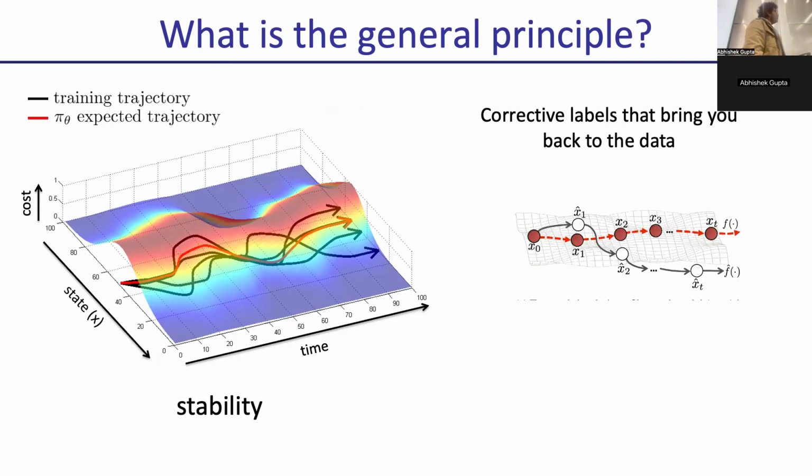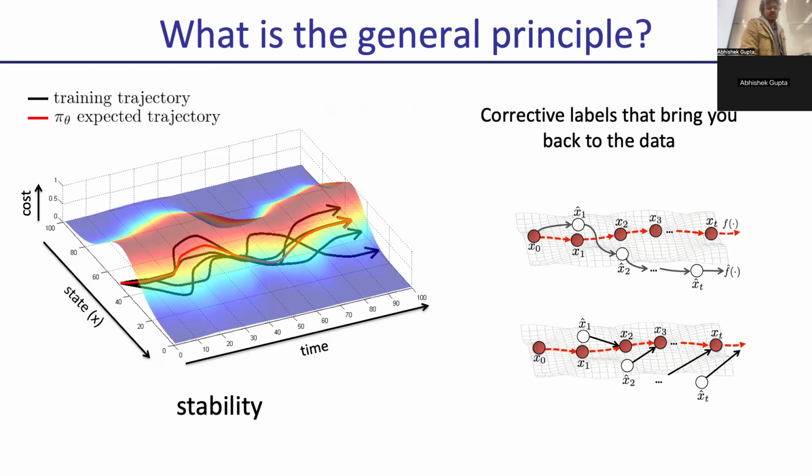We're going to think of different ways to get these corrective labels, but essentially the top figure here is showing compounding error. The dotted line is where you wanted to go. The solid line is where you actually went. And what we want to get is corrective labels that bring you back, kind of like PID, but it's the learning version of PID. So we want labels such that if I was in X2 hat, I would go back to X3. If I was in X1 hat, I would go back to X2, etc. Does